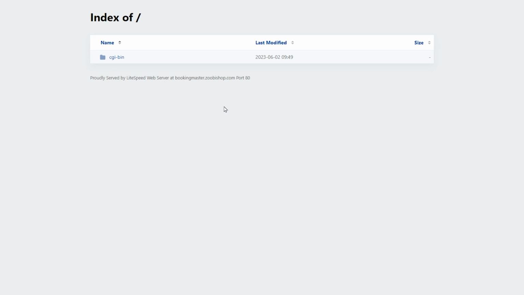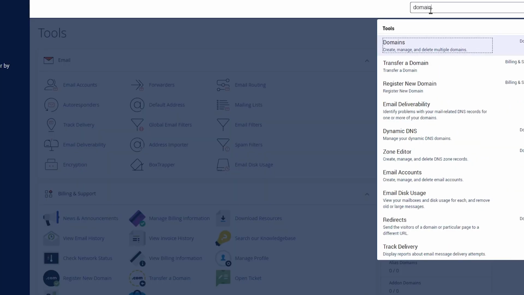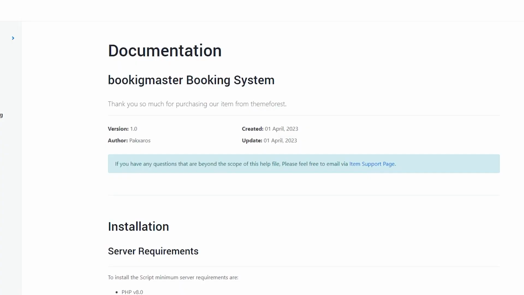Probably in your case, if you buy a new domain, you will directly use your root domain or main domain. Now I will check the domain list again. Here you can see that my subdomain has been successfully created. The subdomain will also offer me a file structure. That means if you visit the cPanel file system,